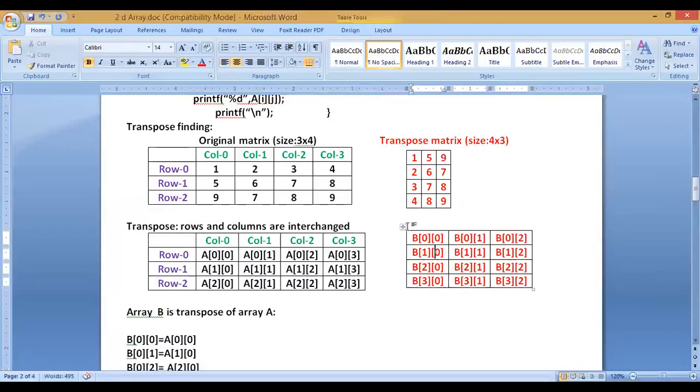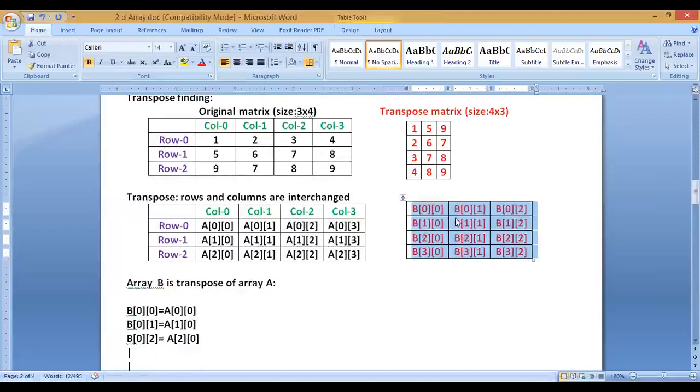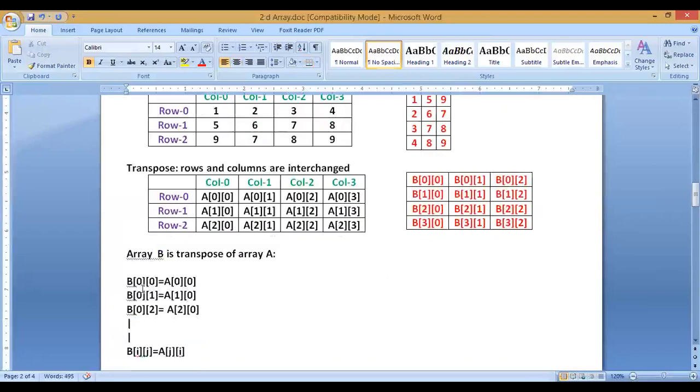So that same thing is shown over here also, right? Now you can see that in the transpose matrix, if I want to relate the value of each element to the original matrix, then I have found this logic. My B00, the first element of my transpose matrix, is the same as A00 of my original matrix.